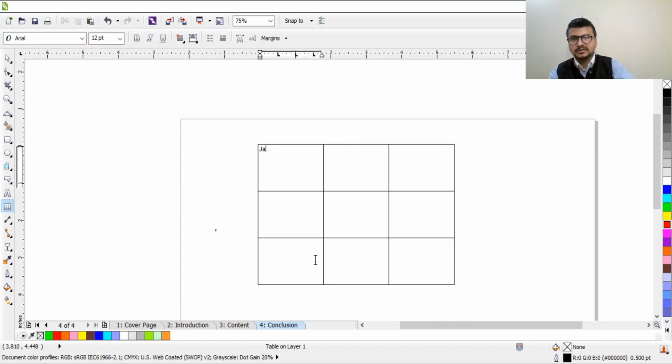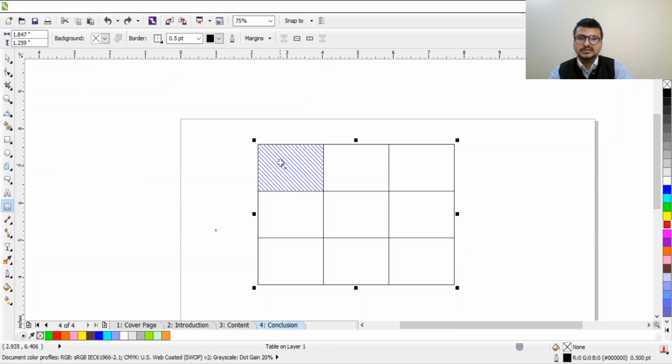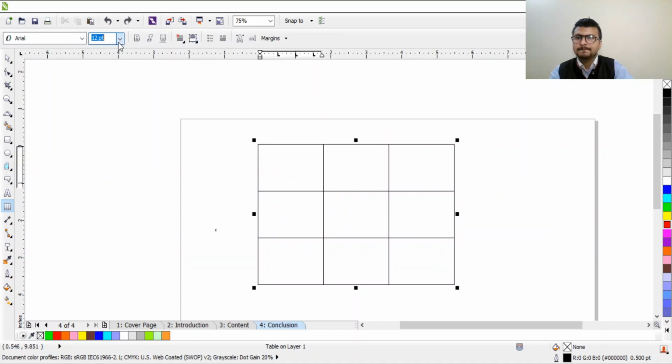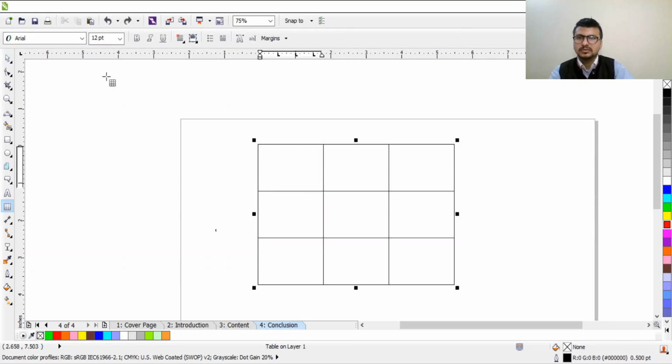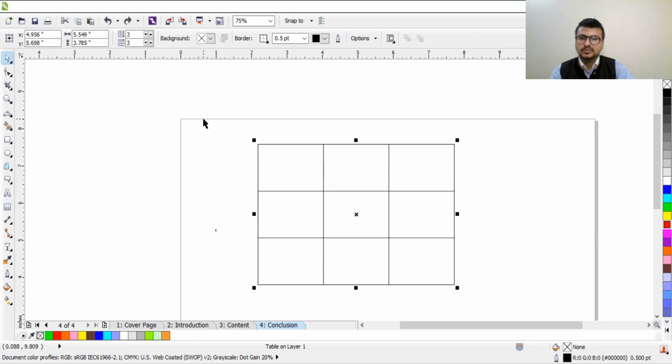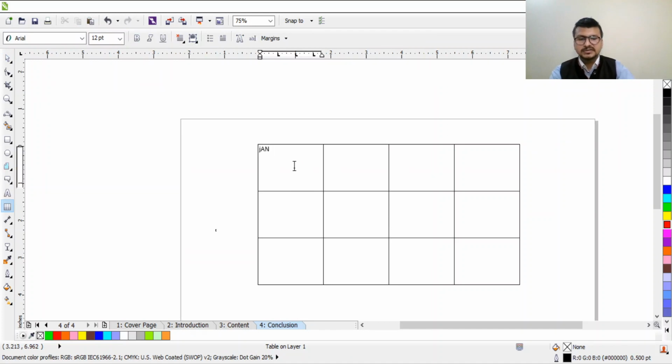You can write January. You can write the first. I'll increase the size of the text. Keep it 72, like Jan. Okay, Jan size is too much. That's why, if you can see the size is too much, so you can decrease the size.